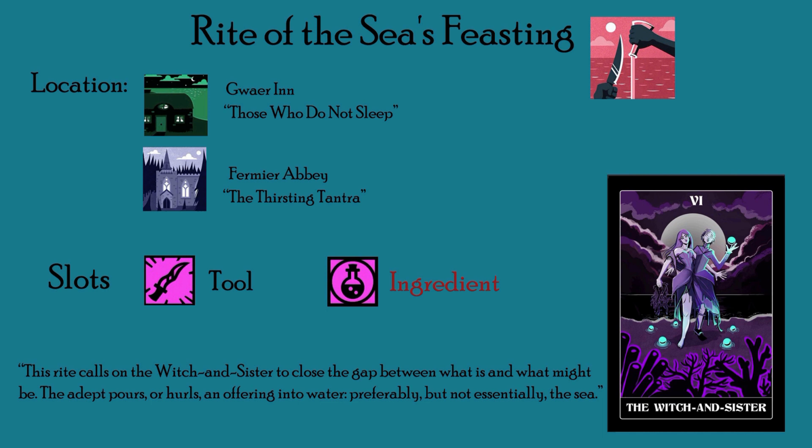And of course, you can get it from the Thirsting Tantra, which is over in Firmir Abbey. It's a level 6 run, which is also another one you should be doing relatively mid-game. Now, the slots are Tool and Ingredient, and that's what makes it slightly less effective than the previous 2, because